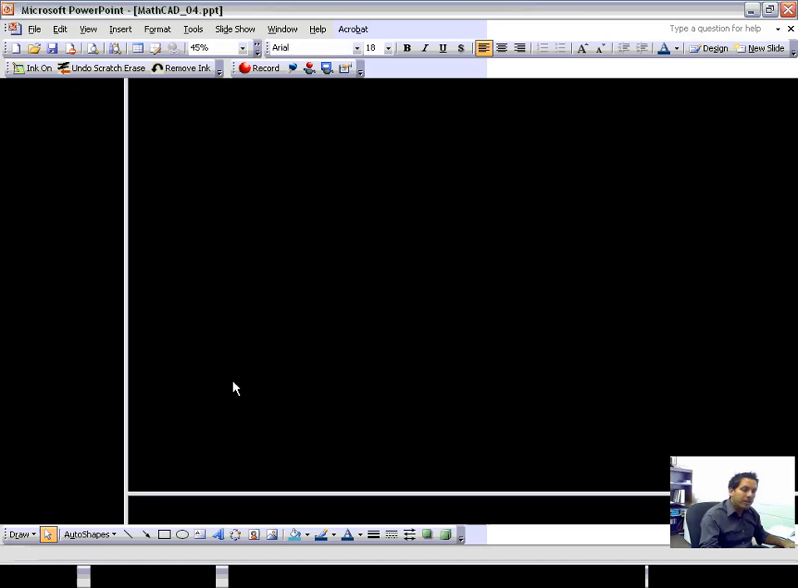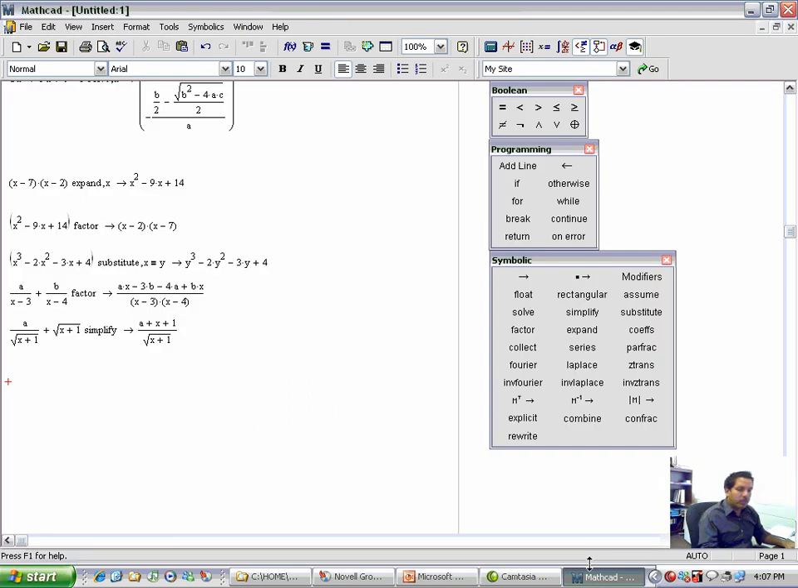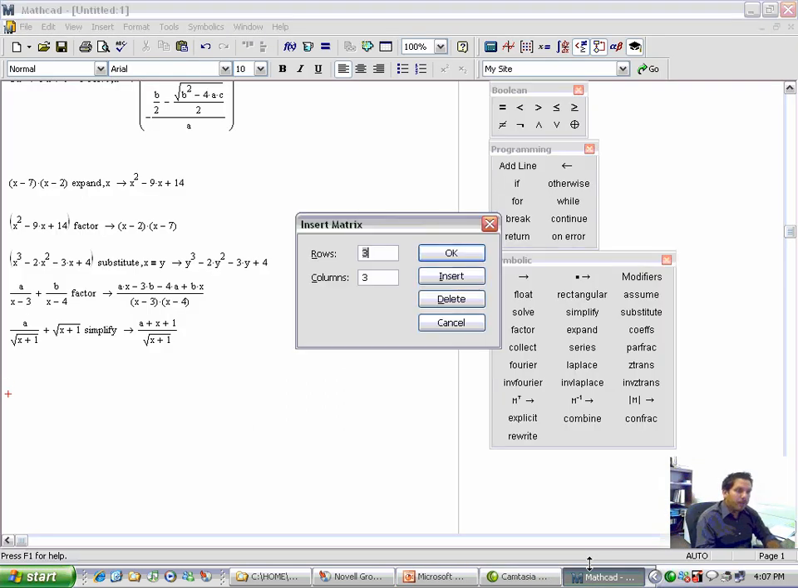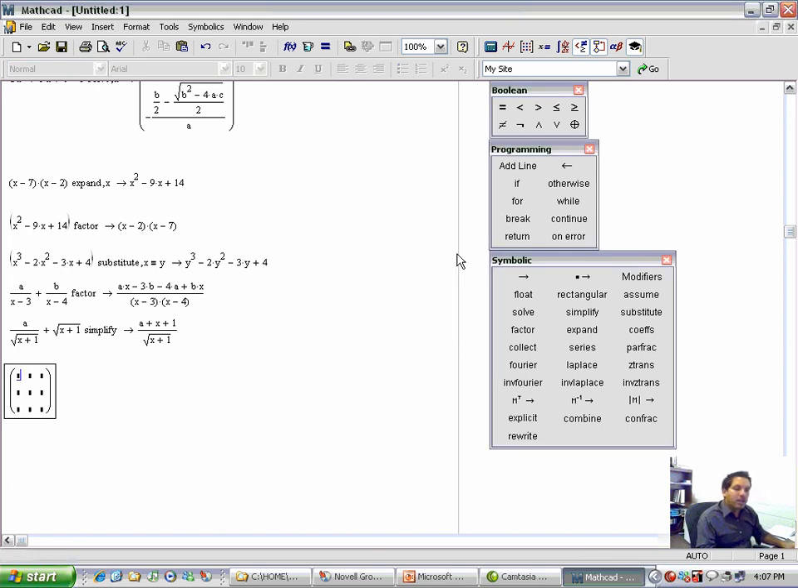So let's say I give you a 3x3 matrix. I hit Control M to insert a matrix, or you can go to the Insert menu and insert a matrix. I have a 3x3 matrix. I'm going to call this matrix A, B, C, D, E, F, G, H, I. Okay, we have a matrix with 9 coefficients, and they happen to be given